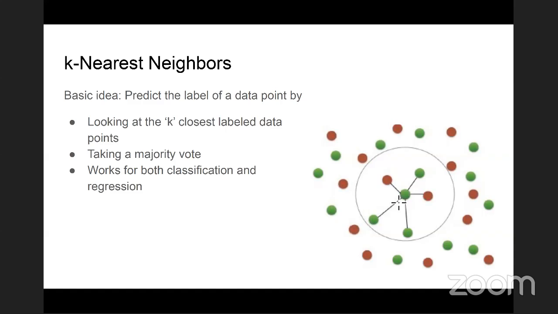This is for classification. If you were doing regression, then you would take some sort of weighted average of the target variable for those 5 closest labeled points that you found. So there's no learning to be done,